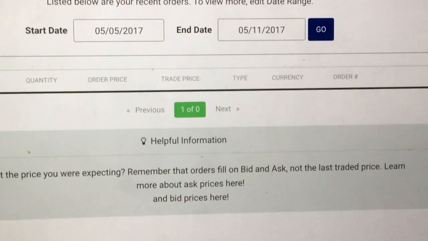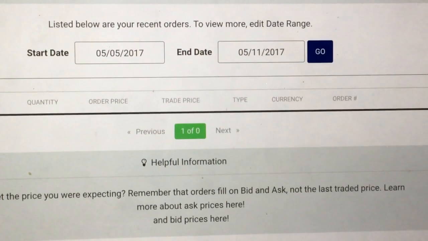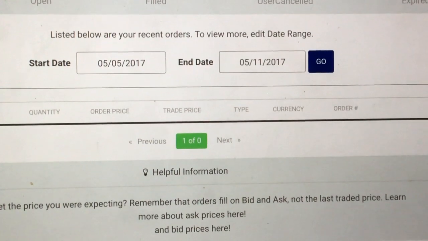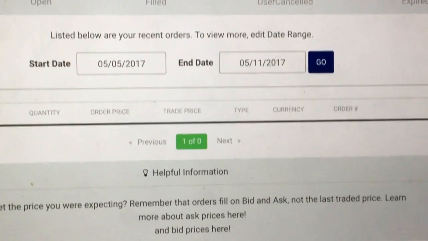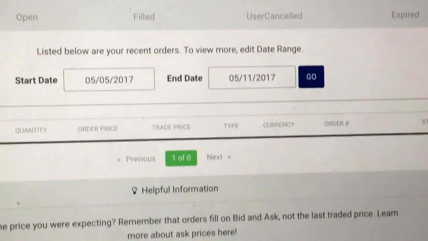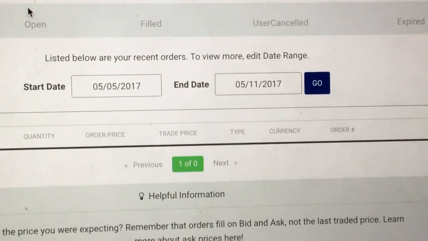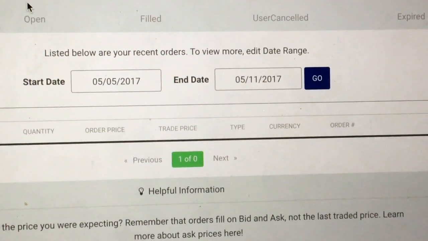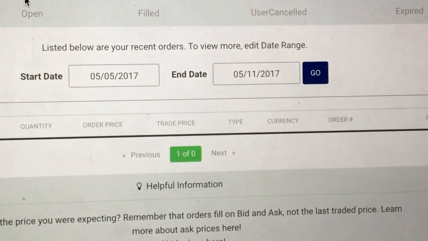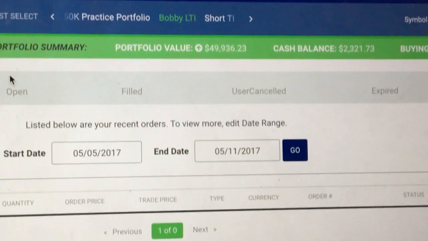Shorting is basically when you borrow a stock with the obligation then to buy it back later. You borrow it and then you sell it, you don't really own it. You have to buy it back because you borrowed it. And so if the stock goes up, then you have to buy it back at a higher price. And that's undesirable. But it is desirable if it goes down, because then you buy it back at a lower price, and so you get more money for it than you have to pay for it later. So that's what a short is.